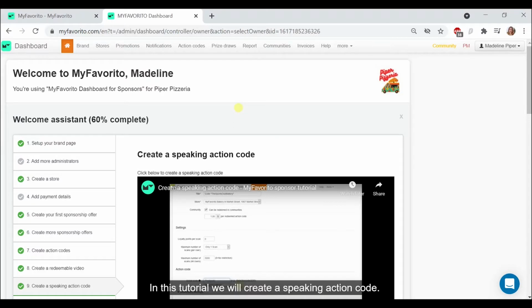In this tutorial, we will create a speaking action code. Speaking action codes can be used in many different ways. It is a word, phrase, or hashtag that may appear in a TV or radio ad, YouTube video, social media post, or anything else. Users then enter this word or phrase into the mobile or web app and send money